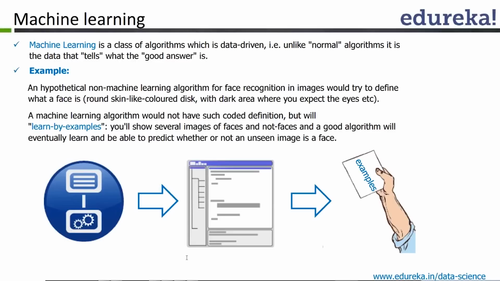Now it's the responsibility of the computer program to identify the key or salient features of faces which discriminate them from others. It identifies all those features, and whenever you give it a new picture, it looks at all those features and tells you whether it's a face or not. So in the second class of algorithms, you're not really telling what a face is. The machine itself is learning what a face looks like from the example data that